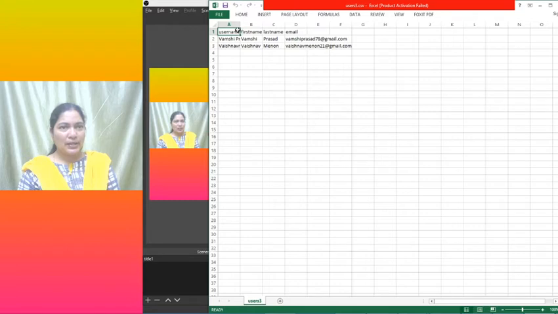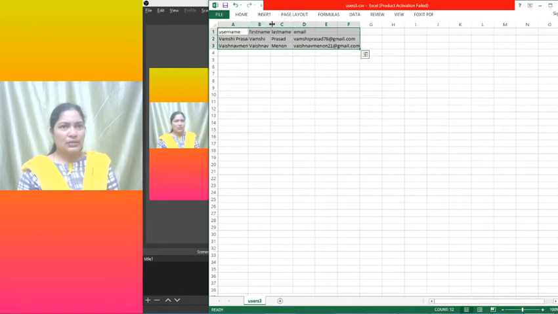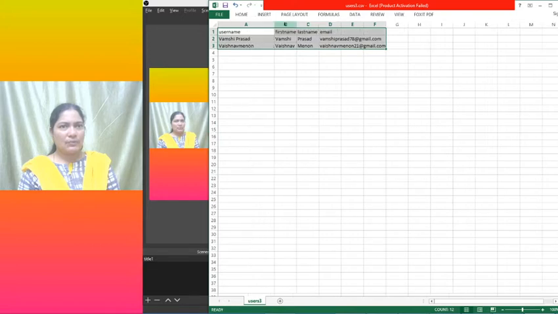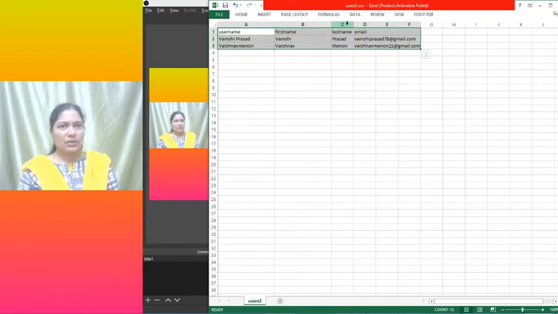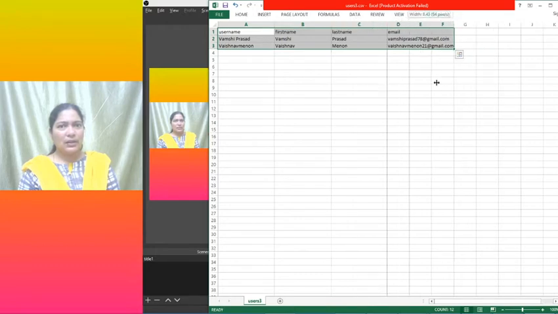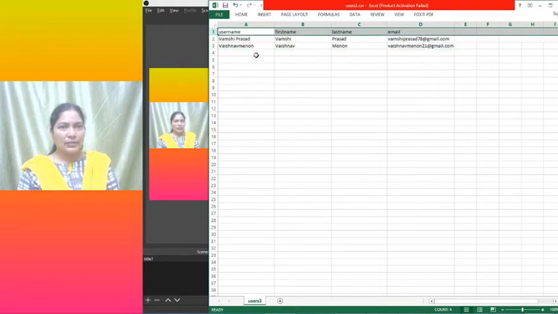When you are opening in an Excel sheet, it is a normal tabular form, isn't it? So here columns are there, and here you can see, username is the first column, and then first name is the next column, and then last name is the next column, and then email is another column, right? So this is simple data organized in a tabular form, right? So rows and columns, and the first row is the header row, right? That is the headings of every column. Username is the first column heading, first name is the next column heading, last name is the next column heading, email is the next column heading, isn't it?